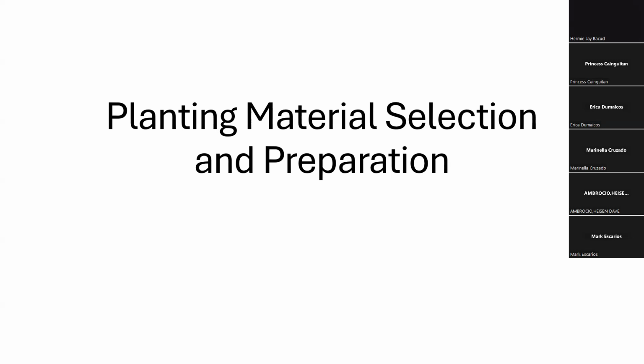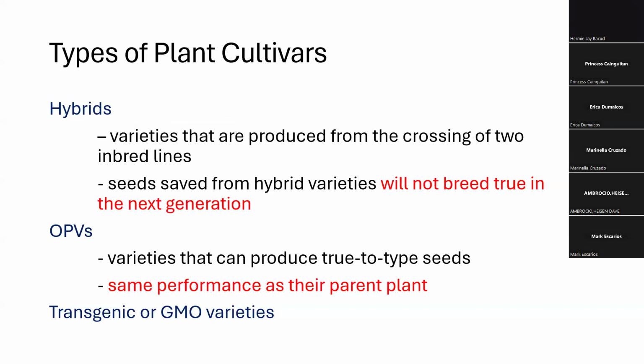crops. There are already modern varieties that are produced and they already acquired modified planting structures which made them more efficient in the production of economic biomass and yield. So there are different types of planting materials or planting cultivars. So yun, ulit lang, types of planting cultivars, we have the hybrids, which are produced from